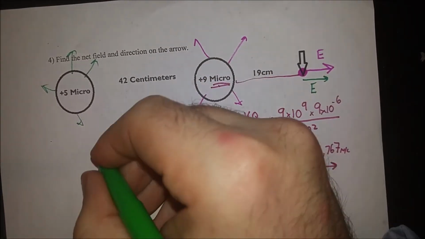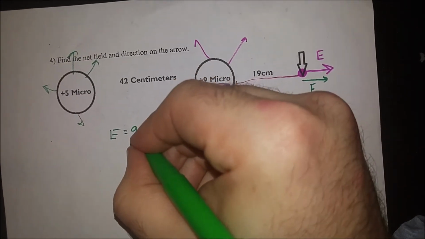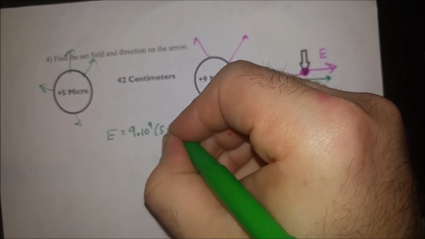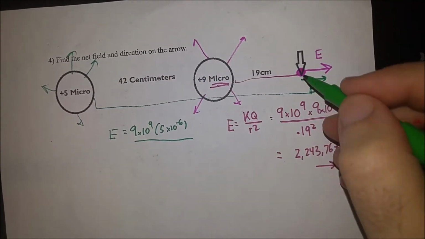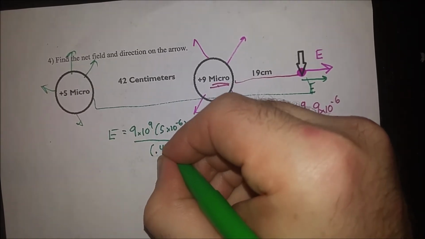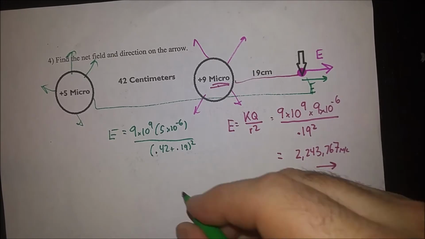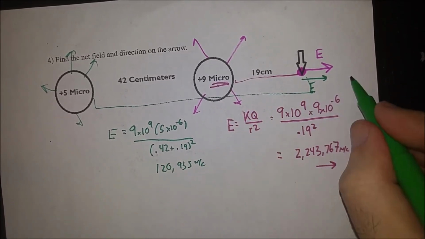Now for the other one, I'm going to do the exact same equation but different numbers. Five micro, and then the distance is the entire thing. Now we're going to assume that that circle doesn't really play a role. It's just 42 and 19. And doing this, I get myself a much smaller number because it's farther away and it's weaker, but it's still